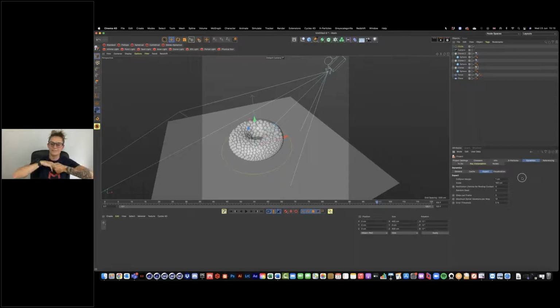Oscar has asked, why haven't you baked the object yet? Isn't that needed to continue working on the project before you do anything else? No, I didn't do any caching on the project. You don't really need to at this point, do you? No. If it was really heavy or really slow, I would, but it's not. So I didn't do it with the final project either. And in this one here,